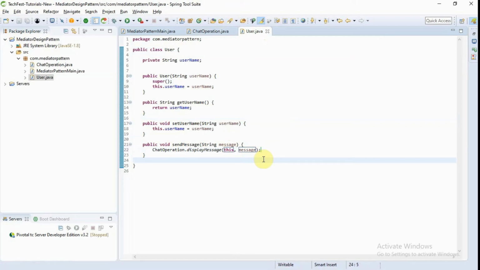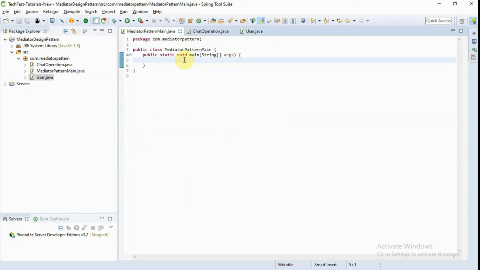Now from the main class, I'll create some users.